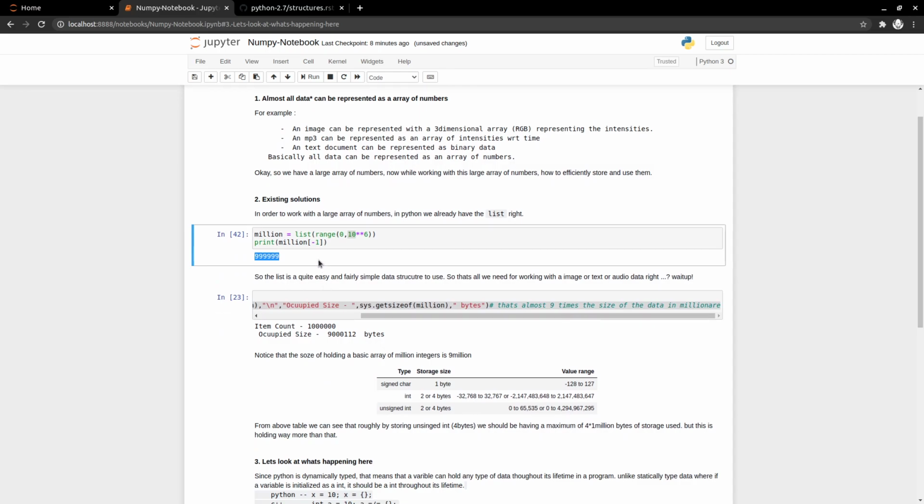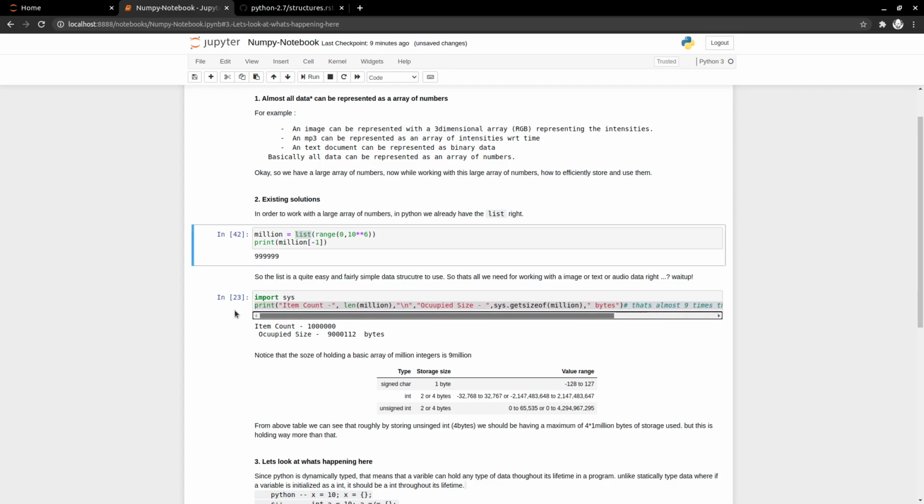But when you work with, say, a high resolution image, or an audio wave of quite large duration, or the textbook, like that Shakespeare example I explained, if those sizes are large, we might not end up with just a million items. It might be way more than that. And it's not as simple as just holding an integer; it can be large floating point numbers. We might have to store all of this data, but we could still continue using a list. I do not see why we need anything else yet.